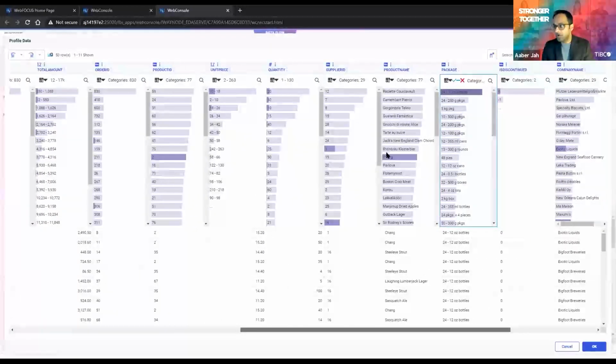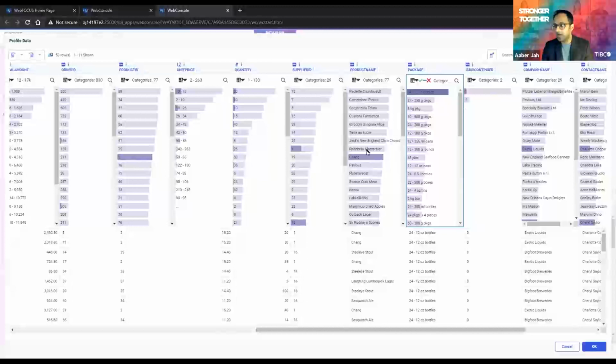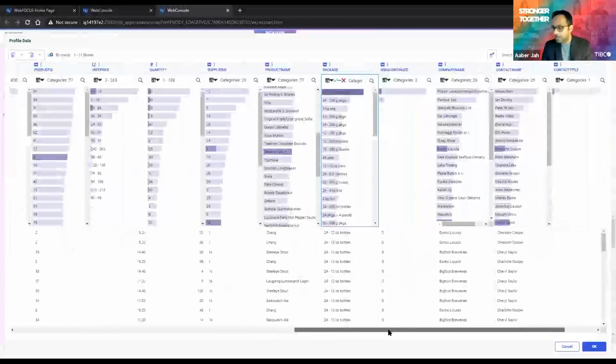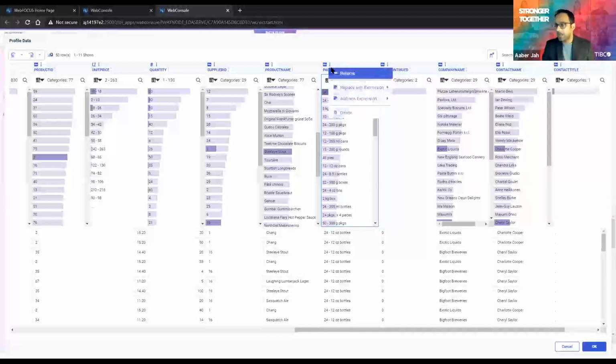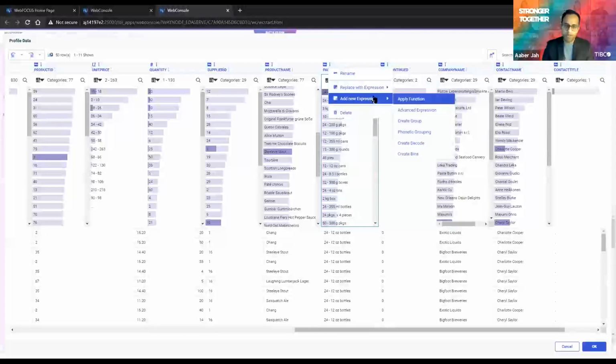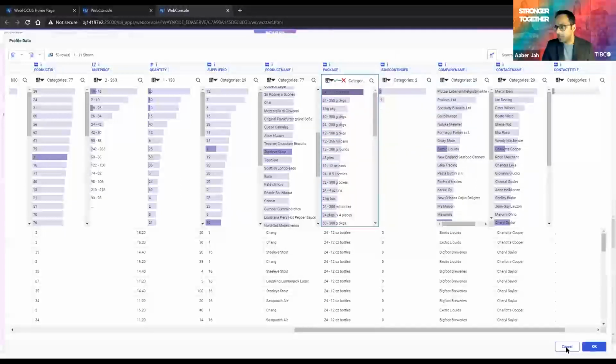So now when I look at the data, I'm looking at all the customers who are buying it. I'm looking at all the products. That's one product. That's another product that has a 24 12-ounce bottle case. And then I'm looking at the suppliers as well, right? So I'm able to track everything from start to end. And then at any point, if I want to replace this with any of those advanced functions or groups and bins that we talked about, that's all available to me as well,